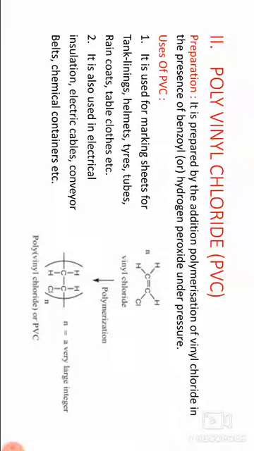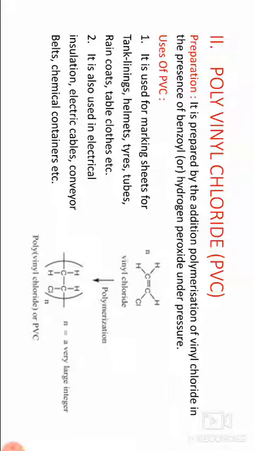The reaction is the same as the usual polythene reaction, carried out for polyvinyl chloride. This is also addition polymerization. When a number of vinyl chloride molecules react to form polyvinyl chloride, it is also called PVC. In this reaction, benzoyl peroxide or hydrogen peroxide is used as a catalyst. These two catalysts are used to speed up the reaction.